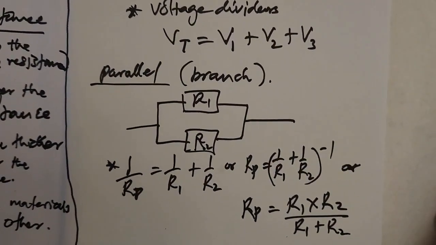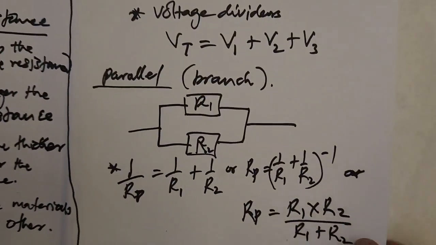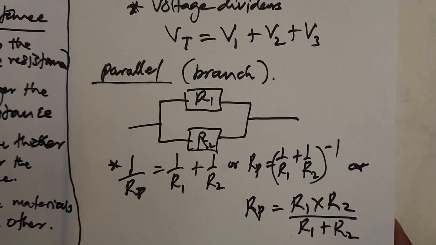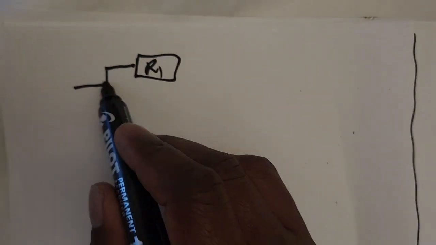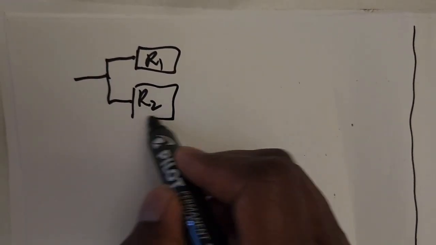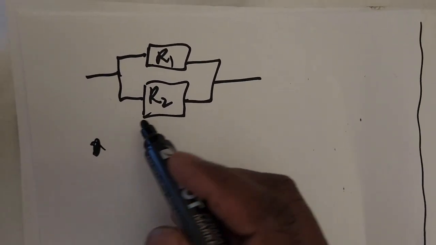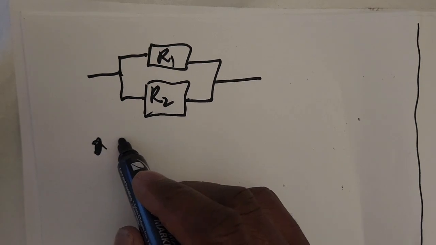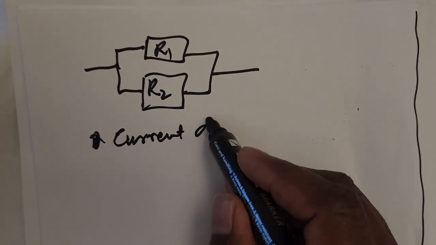That's how we calculate this effective resistance in this parallel combination. We move on, and 2 things that you need to know about parallel combination. Normally, when resistors are connected in parallel, if I've got R1 and R2, the 2 are connected in parallel. Now what you should know in this case, we say the current divides. Current divides,